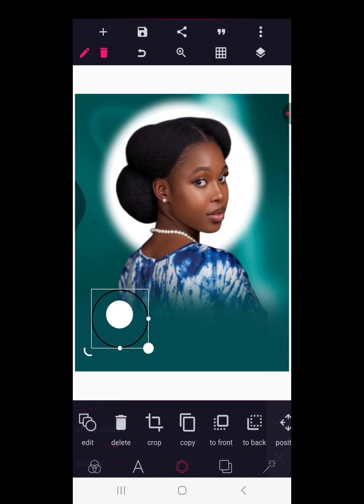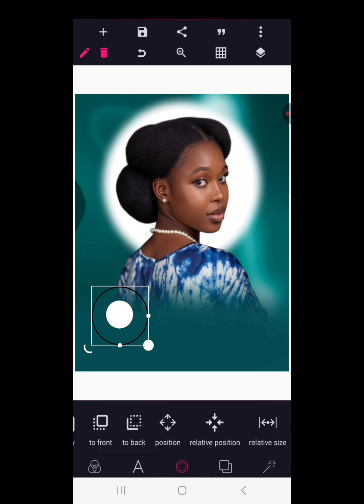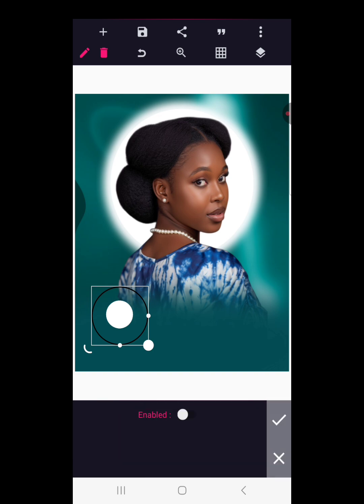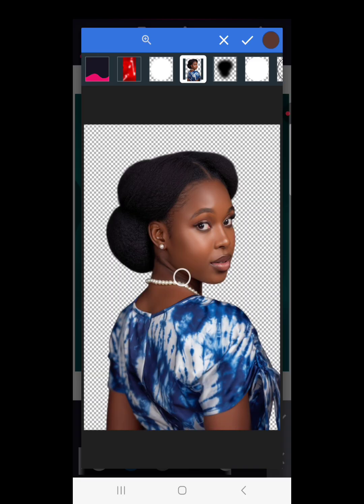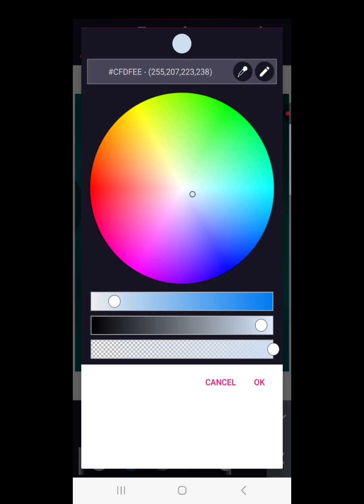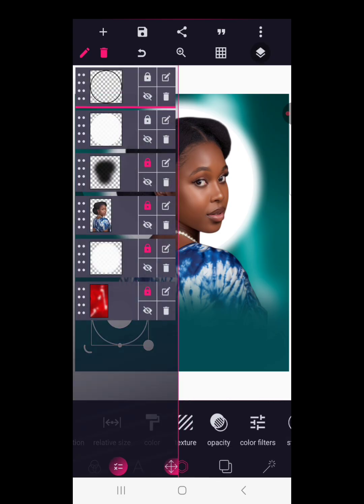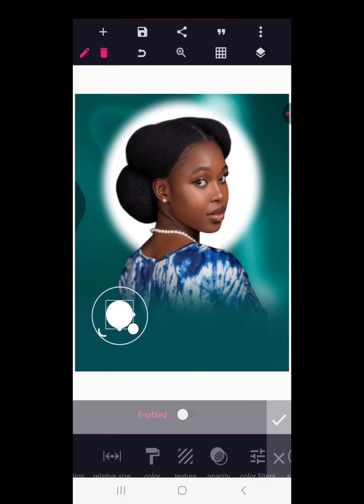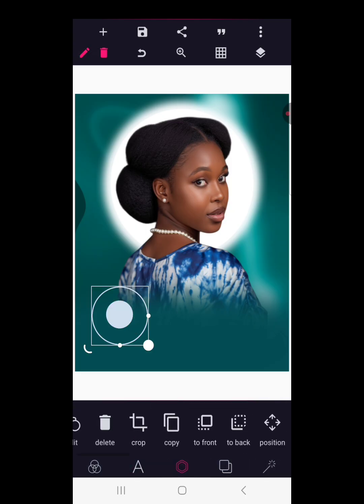Okay, yeah, so I have something like this, and we're just going to adjust it neatly to fit in the space. And I'm going to change the color into this. So now we can even pick a color from the dress of the lady. So I'm going to pick a color here, this color that looks like white. Okay, yeah, so I want to maintain this. Even this one, let's change the circle color also into that. Right, good. So once we have this, I'm going to go to my eraser